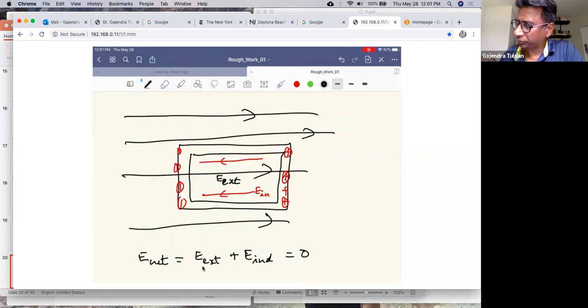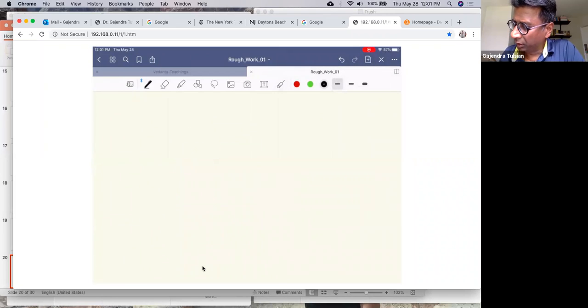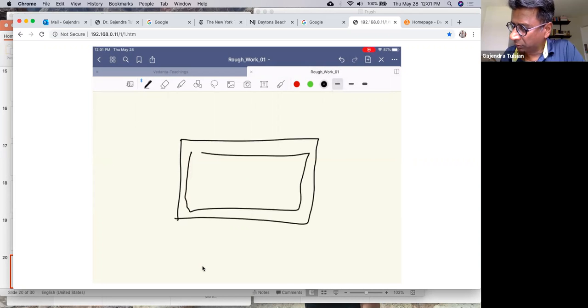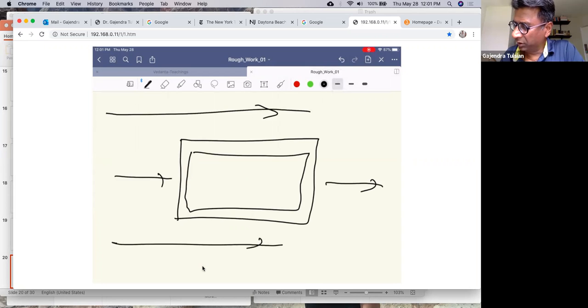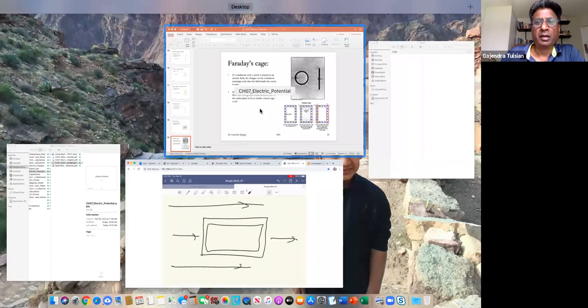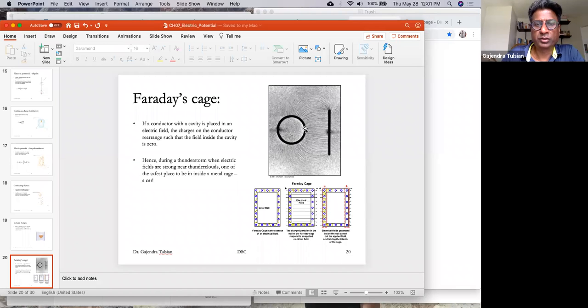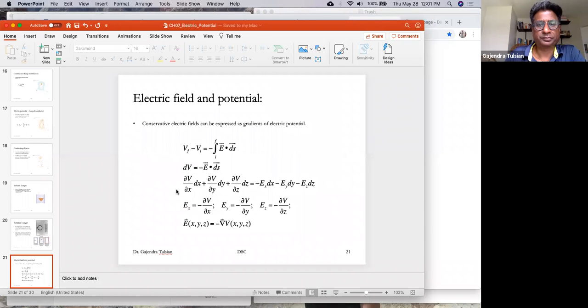Okay, so the net effect is, if you had a Faraday's cage and you turn on an external field, that field will not penetrate the insides of this Faraday's cage. Okay, and that's what's shown here. Hence, during a thunderstorm, when electric fields are strong near thunderclouds, one of the safest places is inside a metal cage, your car, for instance. All right, we will pause now because now we're going to